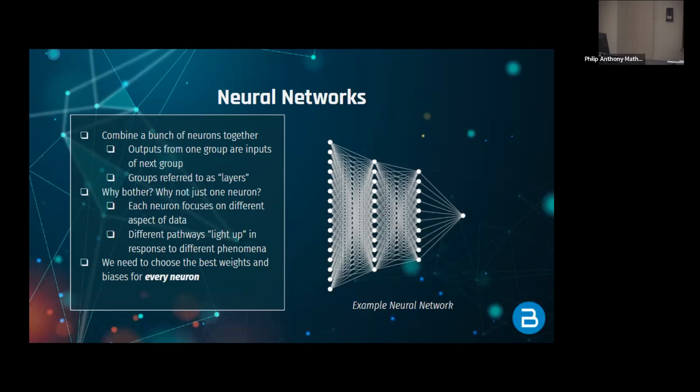towards the end. The whole idea is that each neuron learns not an entirely different view of the data, but it learns some different parts of the data. It responds to a different aspect of what you're looking at. And as a result, you're able to model these very complex relationships by looking at them piece by piece. And then analyzing, okay, this pathway lit up, this pathway didn't do too much, that way it's probably this label here, or this pathway lit up a lot, and this one, but not the other one, it's probably this label here.